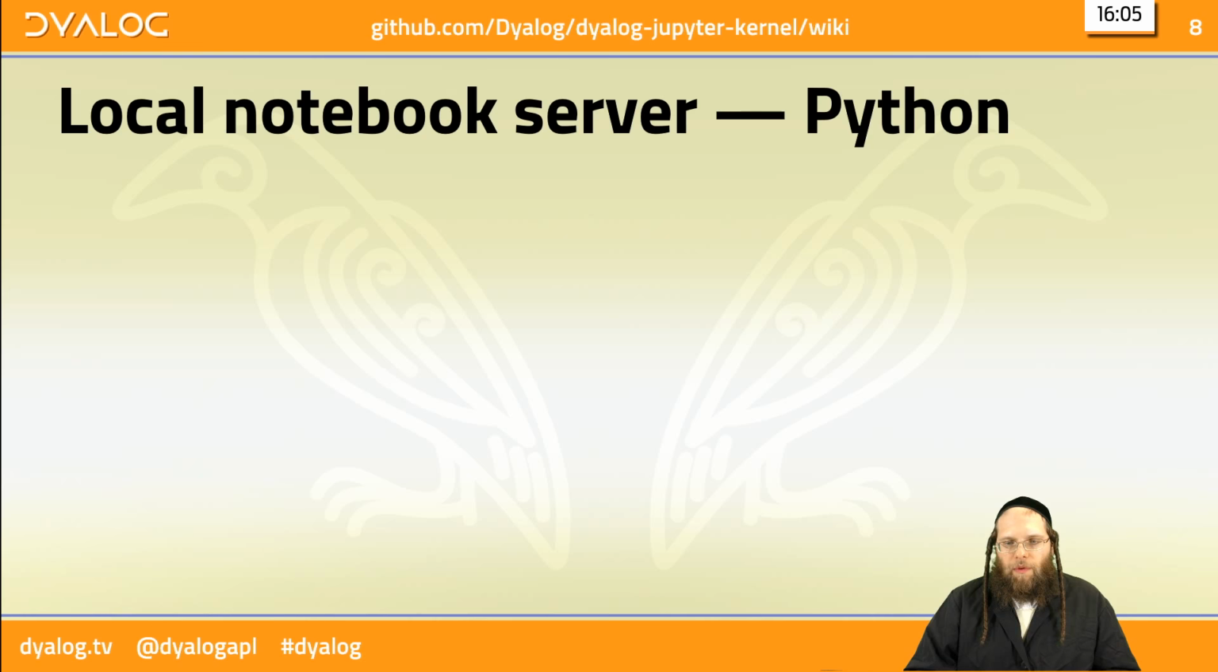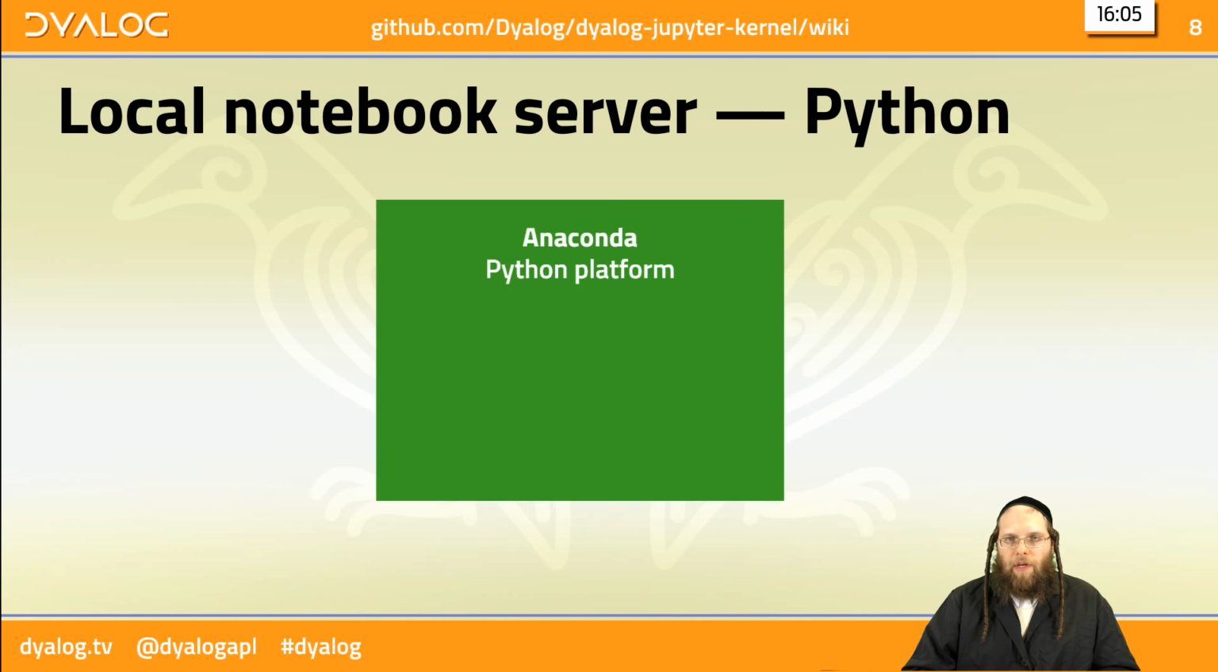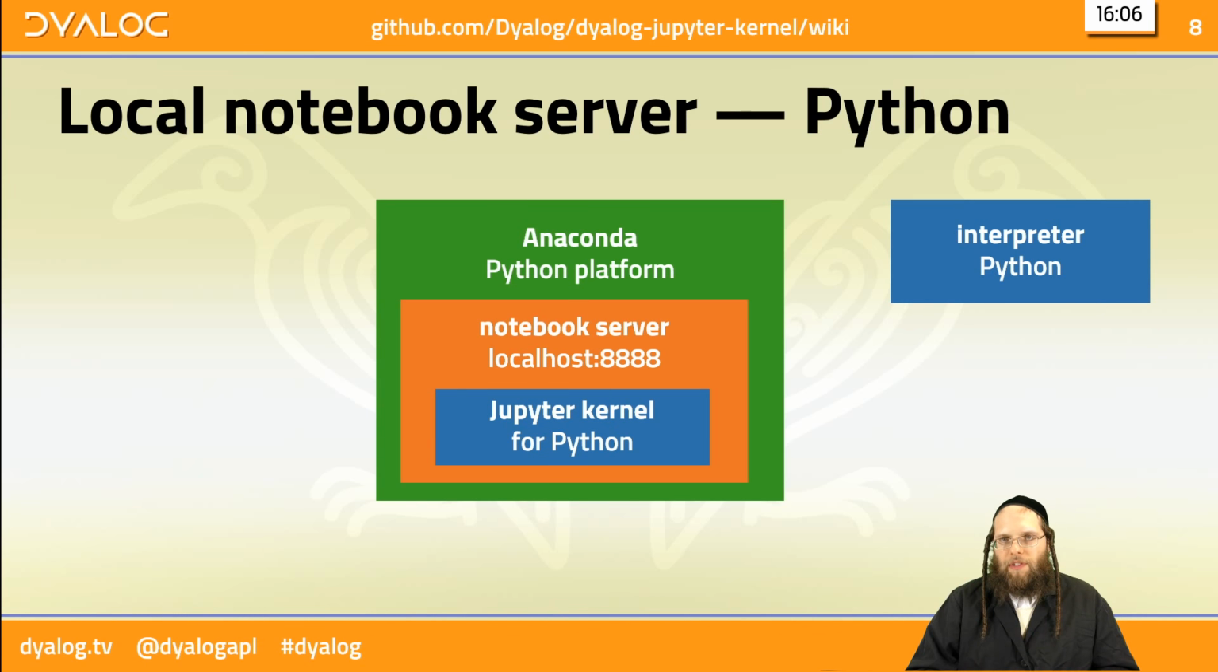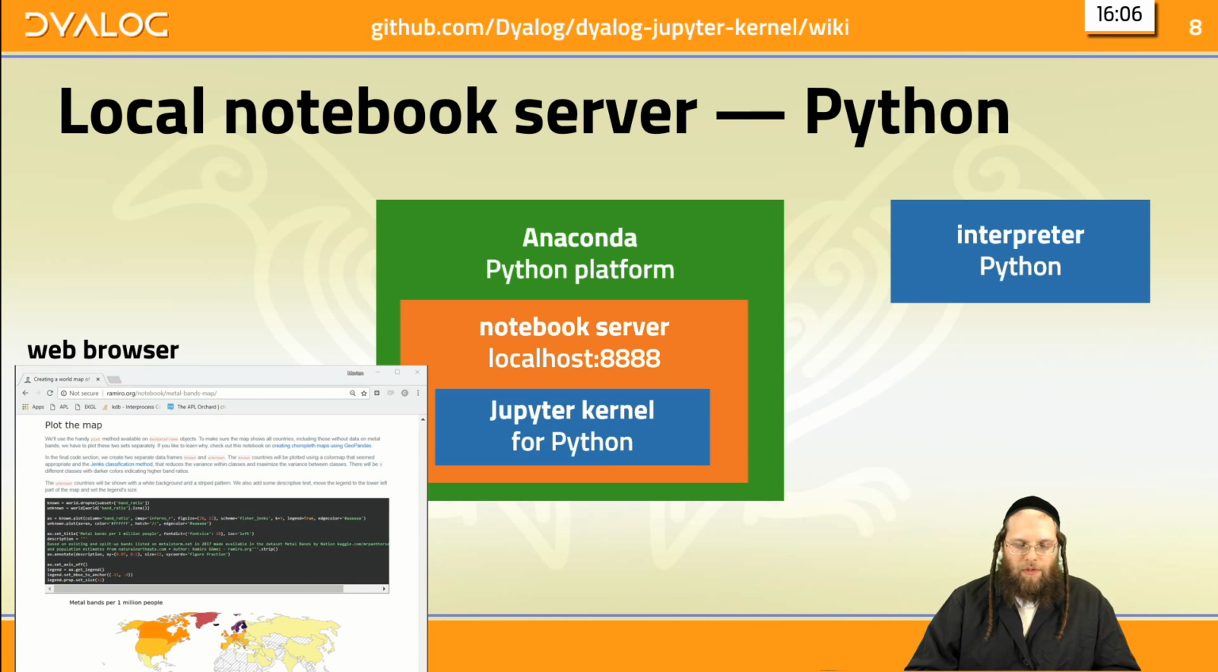So, how does that actually work underneath the covers? The traditional Python usage is that we have a Python system running on the computer, and the Python system runs a web server. The web server uses a language kernel that acts as the glue between the server and the interpreter that's actually evaluating the code. So the browser makes a request to the server, and the kernel